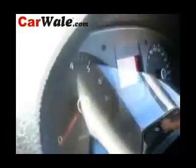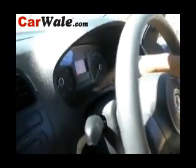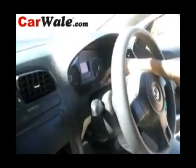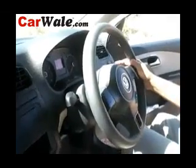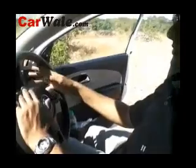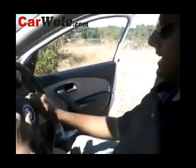Now if you sort of just go through the menus, you'll also notice that it's got a service indicator here, and right now it says that our car needs to be serviced in the next 14,000 kilometers. And really it's giving us our trip and outside temperature and time, and of course traveled distance. Right, so there's really nothing fancy about the way it looks or feels. It looks like any other traditional Volkswagen or Skoda product, and of course apart from the fact that it's got the red lighting now,